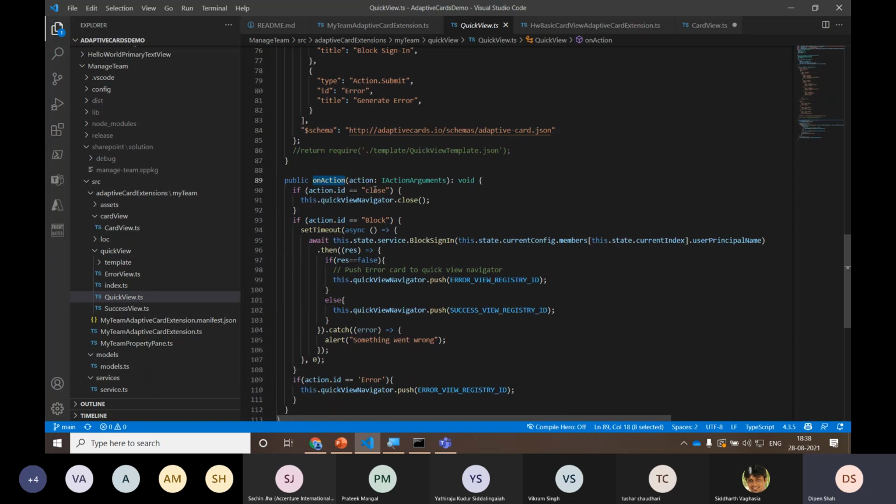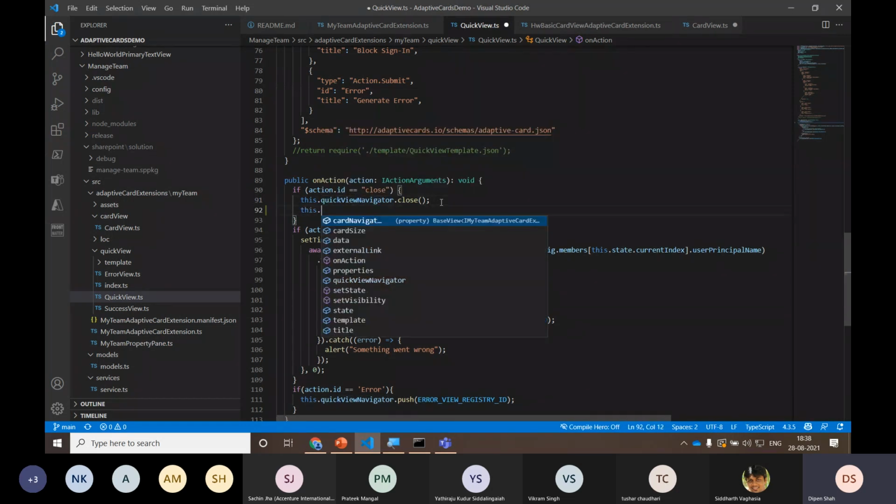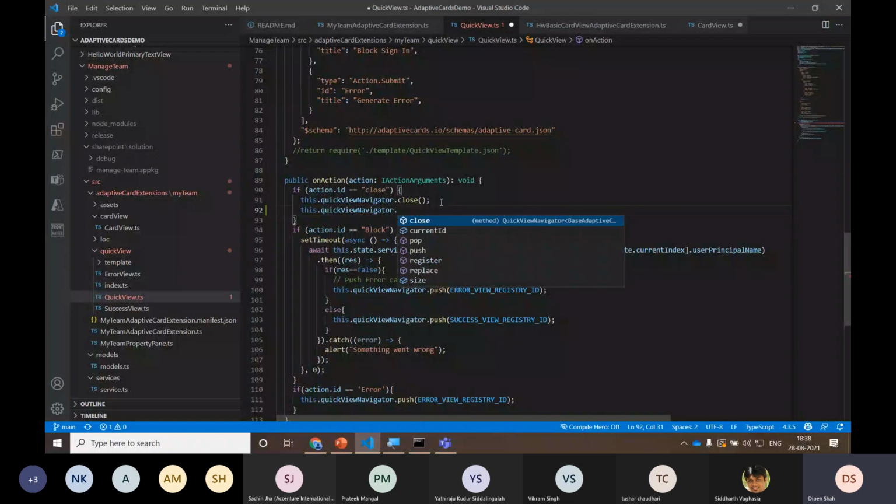So if the ID is close, then I want to close the particular quick view. There is a method this.quickViewNavigator.close, and two other methods, replace, push, and pop.